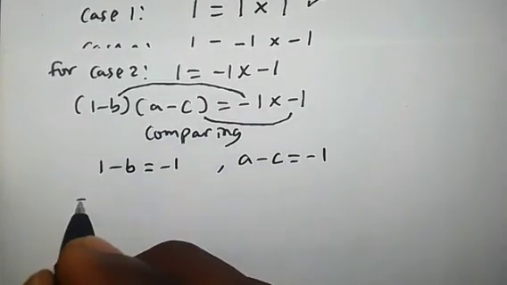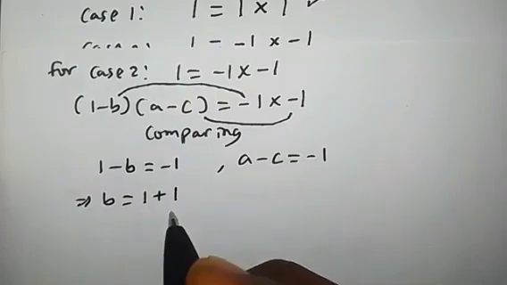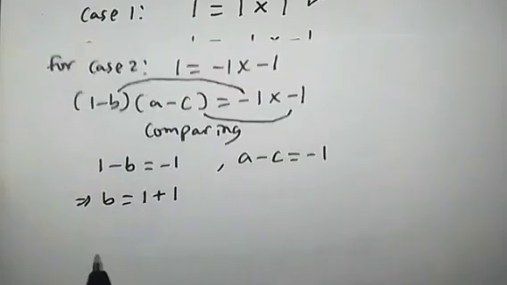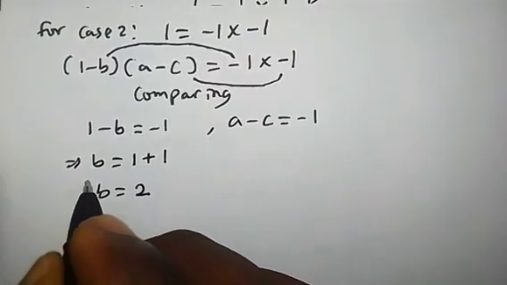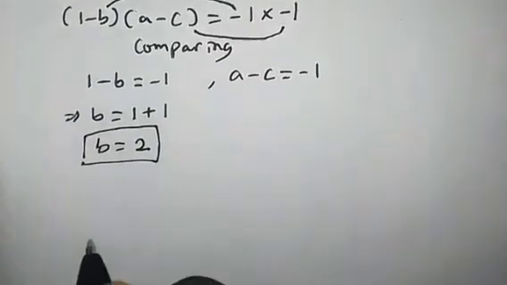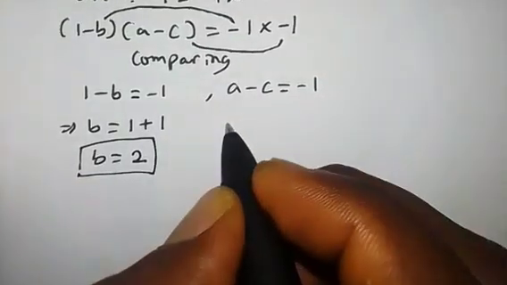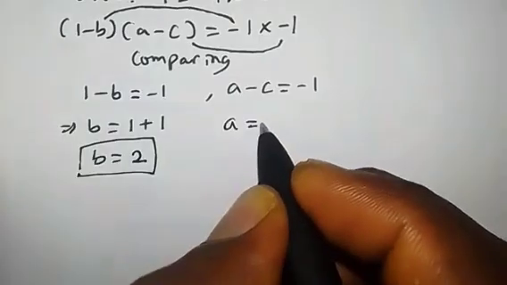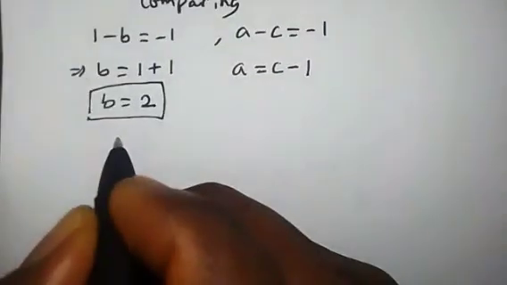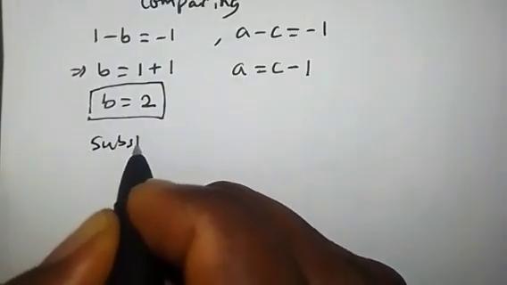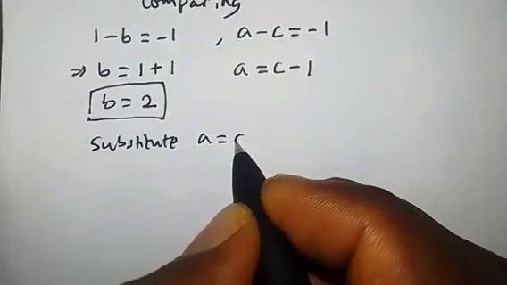From this line, B is equal to 1 plus 1, that is by rearranging this. B is equal to 1 plus 1, that is 2. This is the value of B. Now, before we substitute, moving minus C to the right hand side, we have A equals C minus 1. So let's proceed further. Substitute this, A equals C minus 1,